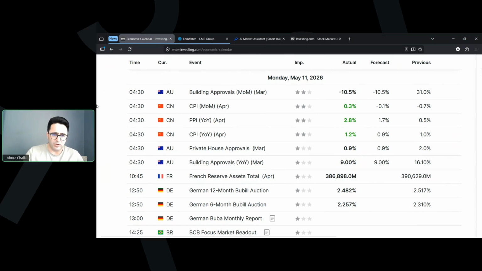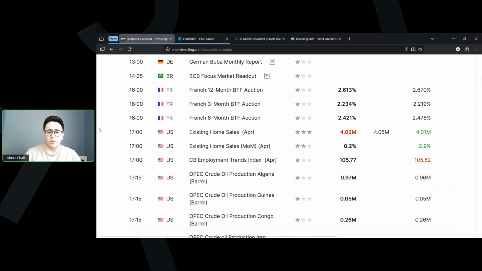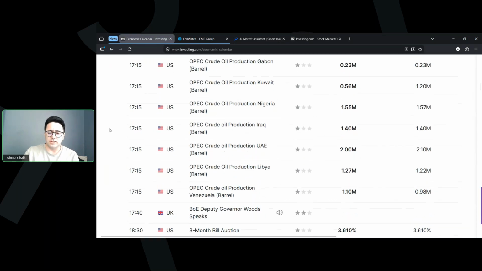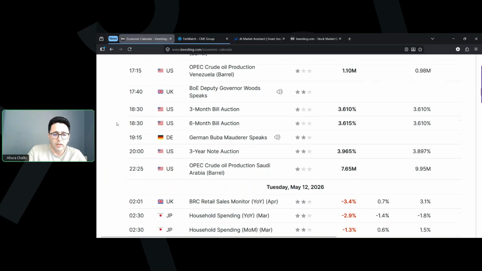Later, the most important numbers on Monday were about the U.S. housing market. Existing home sales slightly increased in April compared with March. What we can say is that these sound like acceptable numbers, telling us that the U.S. housing market is still, even if it's not resilient, fine. That's the difference between resilient and fine.